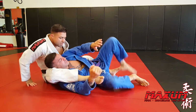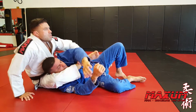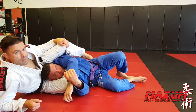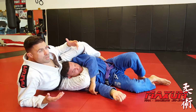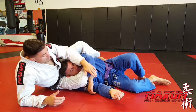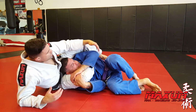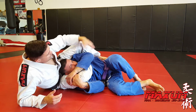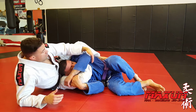All right? Now, finishes. A lot of people get into this position, but it's very hard to finish. You don't always have to finish the triangle from here. Usually, I never ever use a triangle finish. I use a triangle for control. And now from here, as the guy's trying to defend and trying to break down my hold here, I'm going to look to attack him at the elbow on the inside arm. First thing I'm going to do is grab into his elbow, right at the tricep,